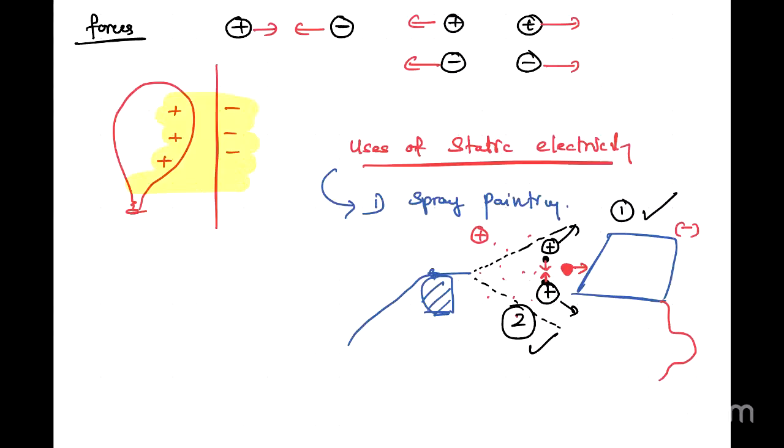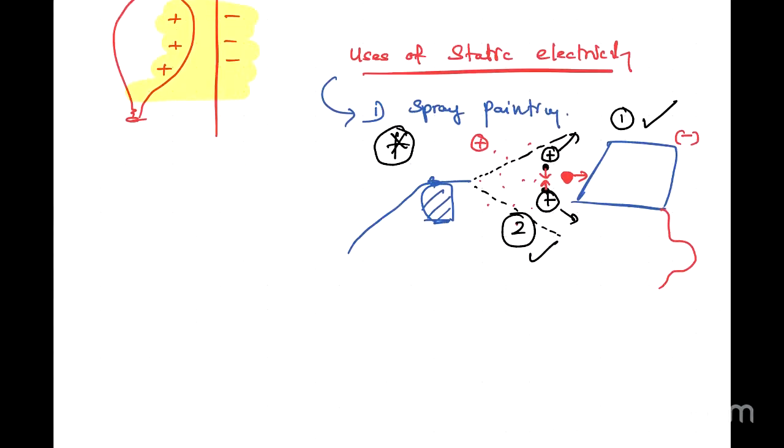The first point is why we are making the paint drops and the object that we need to apply paint to have opposite charge values. And the second question is why do we need to use the same charge for the paint droplets? So you can explain it. This is the most widely questioned theory part in the exam. And the second one